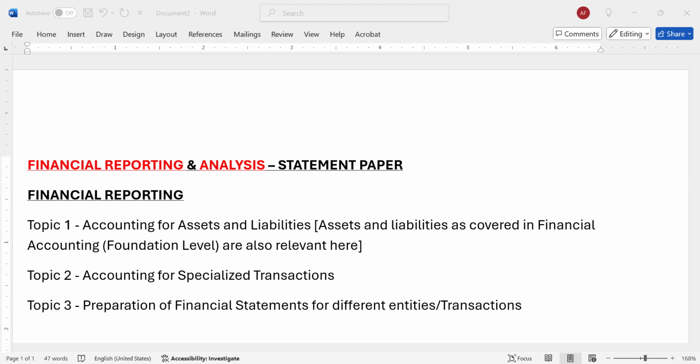The other key area that you must be very good at, under preparation of financial statements for different entities, is the concept of professional firms. When you're talking about professional firms, the concept is on accountants, lawyers, doctors, engineers, and any other professional. If you are able to master one concept, trust me, the rest of the areas will also be very easy.